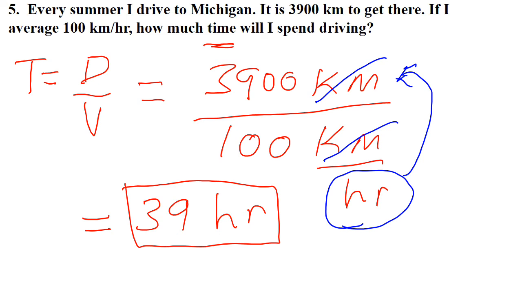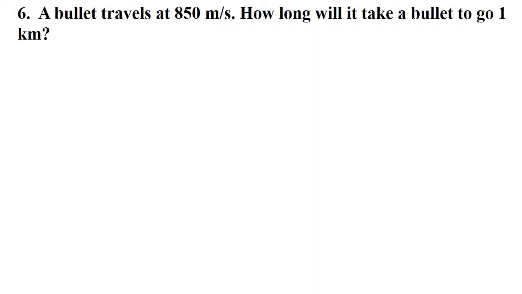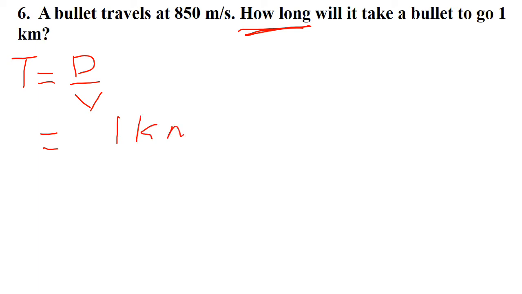Okay, and that's it. Okay, so in this problem it says that a bullet travels at 850 meters per second. How long will it take the bullet to go 1 kilometer? So again, where it states how long here, we're actually solving for time. Time is equal to distance divided by velocity. And in our problem, we have a distance of 1 kilometer divided by a velocity of